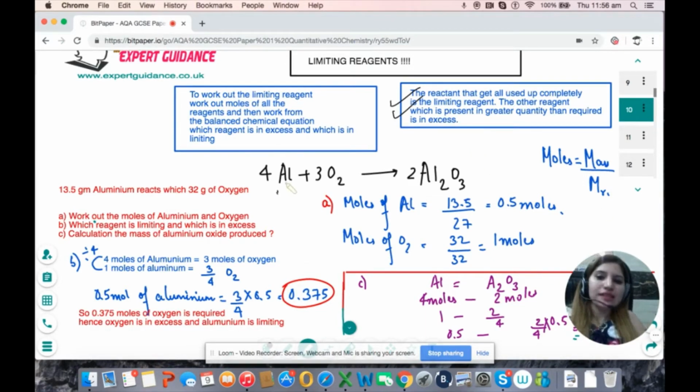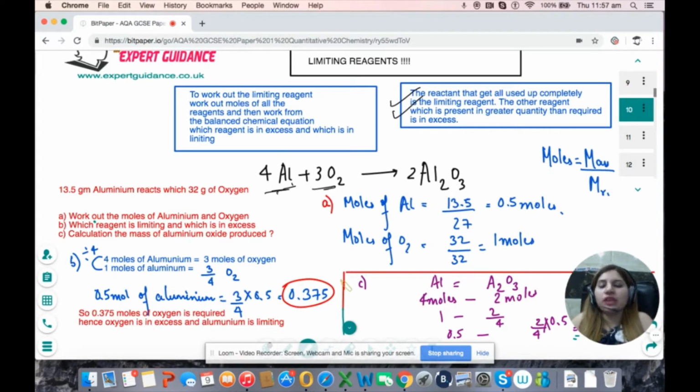a reaction. Okay, so for example, I say in a reaction, 4 moles of aluminium reacts with 3 moles of oxygen. And suppose I mix 4 moles of aluminium and 4 moles of oxygen. Now, according to the balanced chemical equation, for 4 moles of aluminium, I require 3 moles of oxygen. So if 4 moles of oxygen is given to me, it means that my oxygen is in excess. 4 moles of aluminium will completely react with 3 moles of oxygen. So my aluminium in that case will become the limiting reagent and the oxygen is in excess because it is present in an extra quantity than is required.